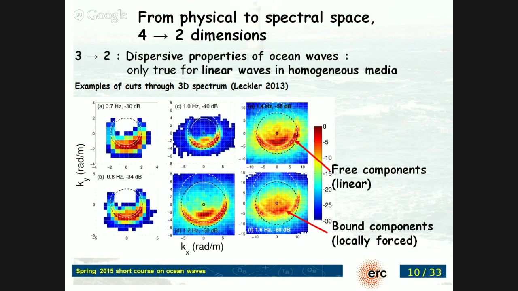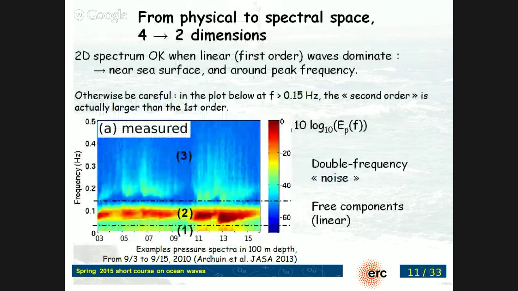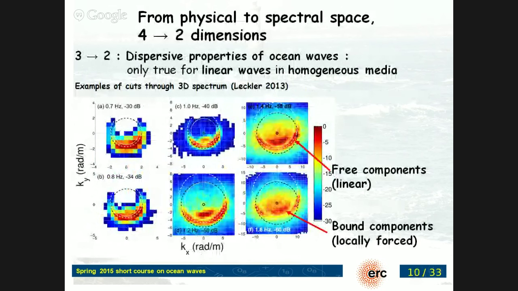So for most practical applications, you can treat waves as being linear, and that linear relationship gives you a dispersion relation between the spatial scales and the time scales. And so in deep water, this is sigma squared equals gk. I guess I have it somewhere. No, I don't have it somewhere. I didn't write it. So sigma squared equals gk is the dispersion relation of waves in deep water.